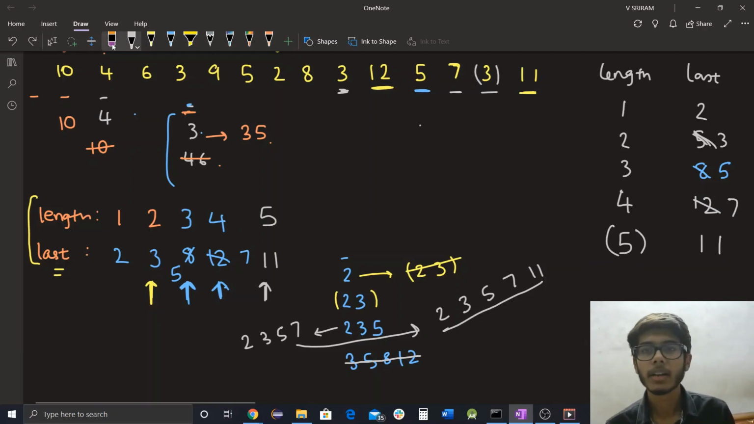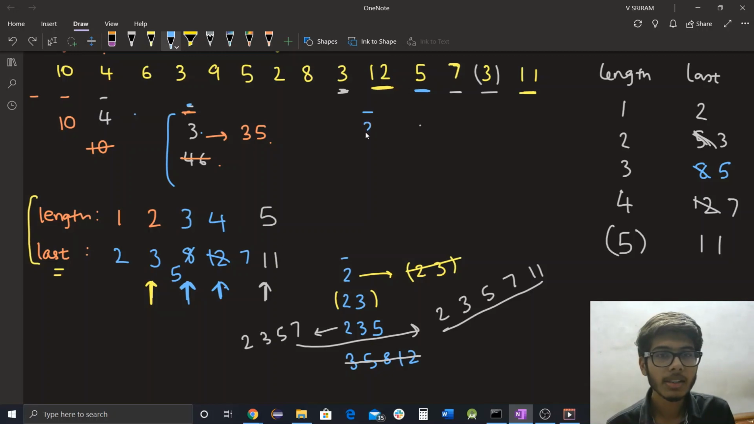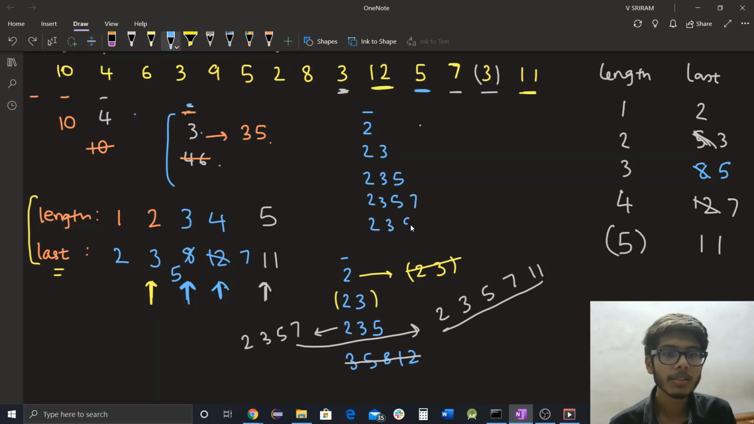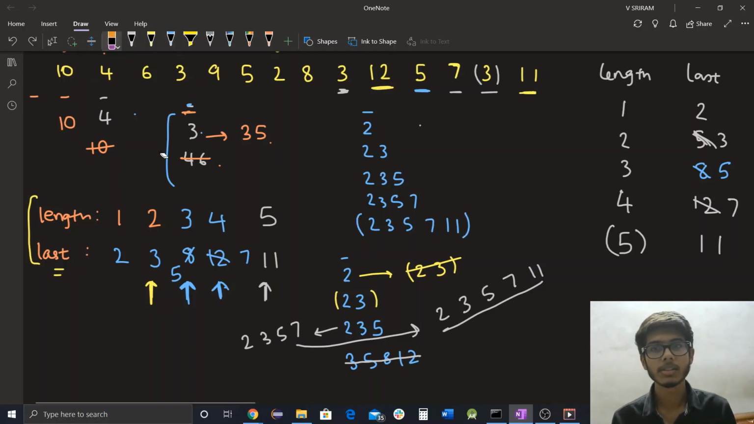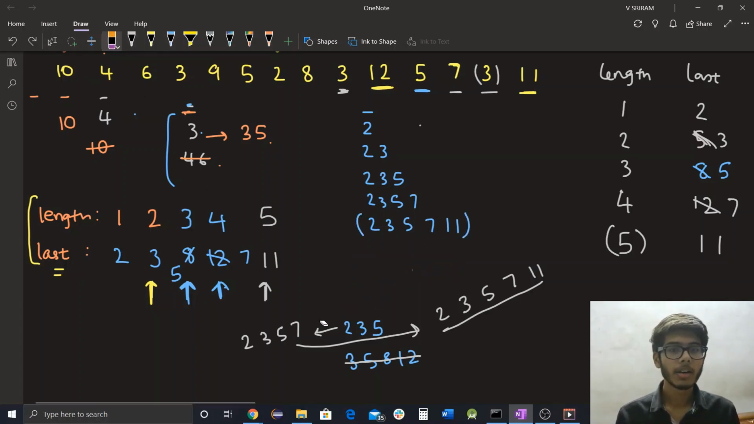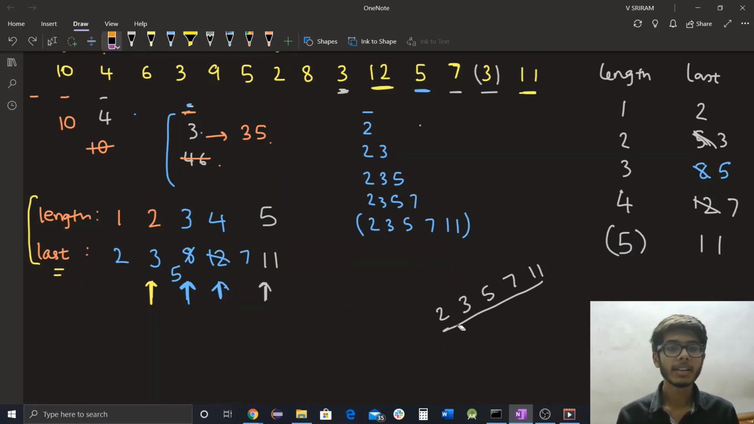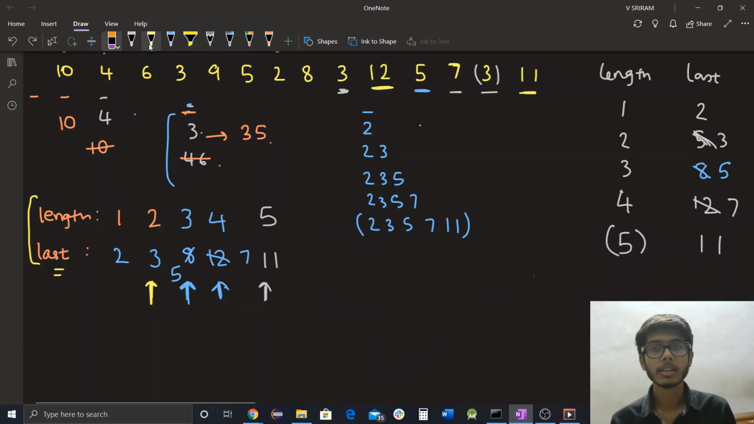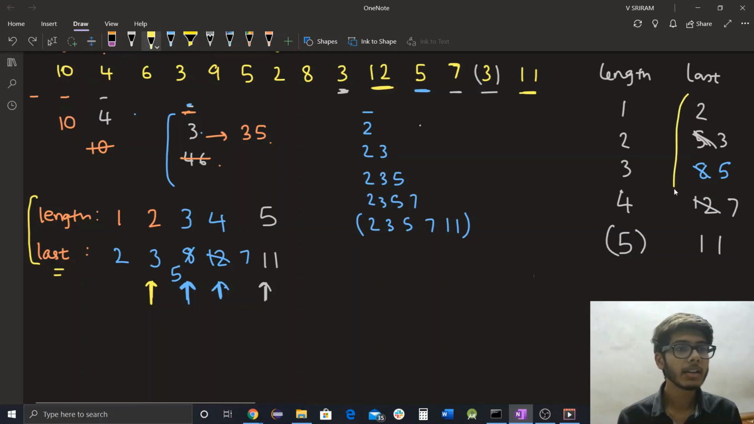Now let me just write the set one more time. It has a null subsequence. It has 2, 2, 3, 2, 3, 5, 2, 3, 5, 7, 2, 3, 5, 7, 11, and this is the longest increasing subsequence. And there is one important thing that we need to note here, which is that this array,